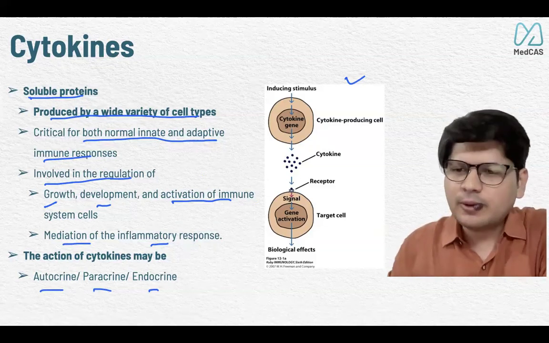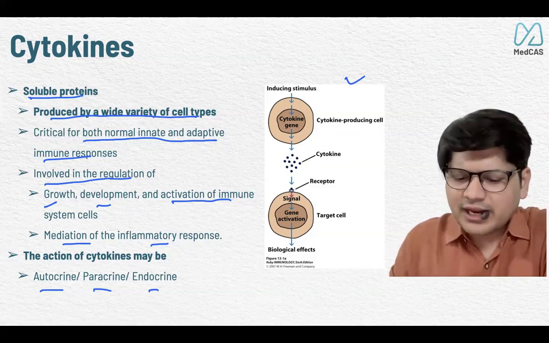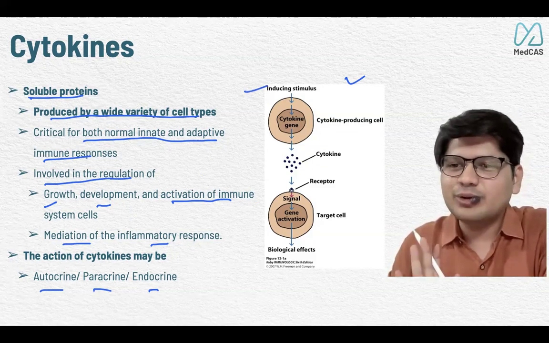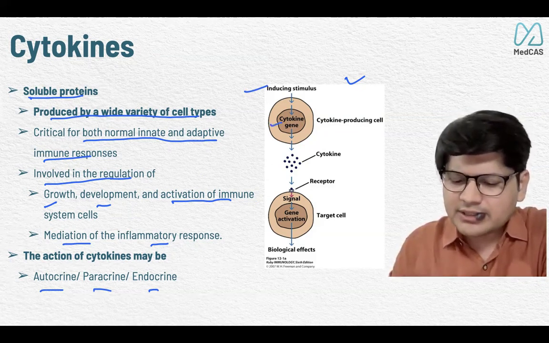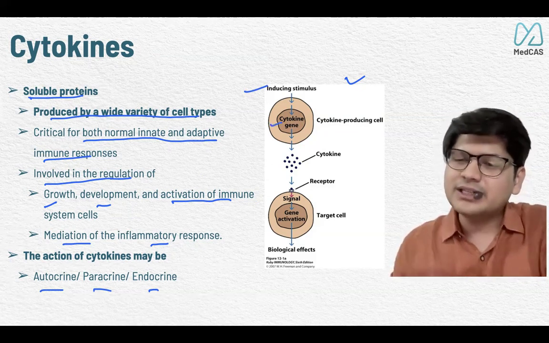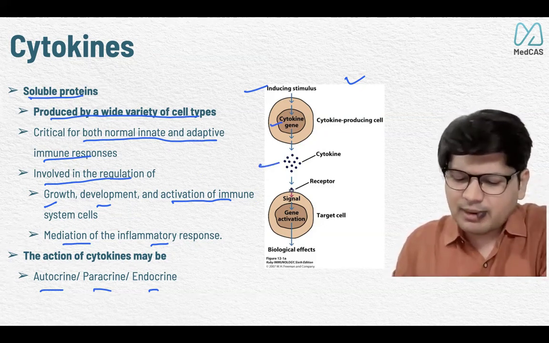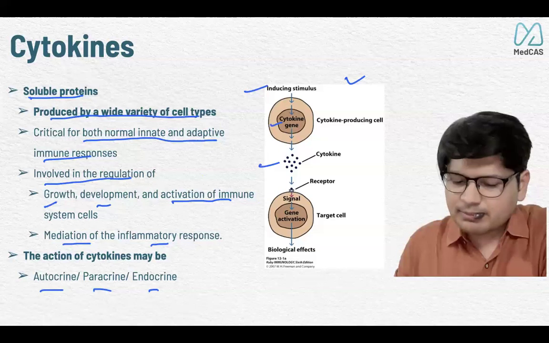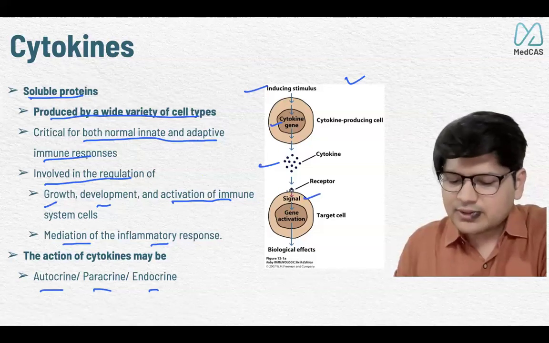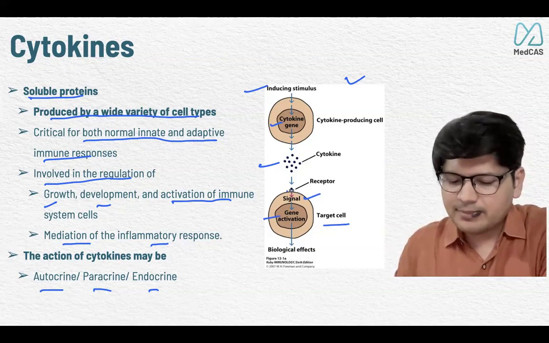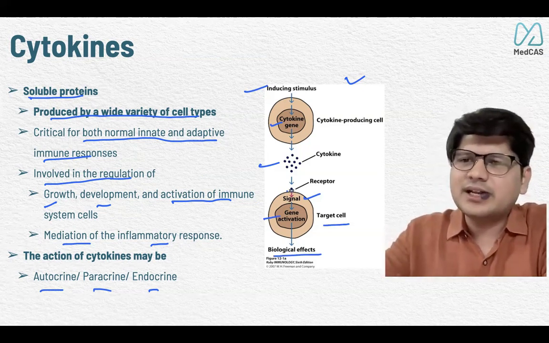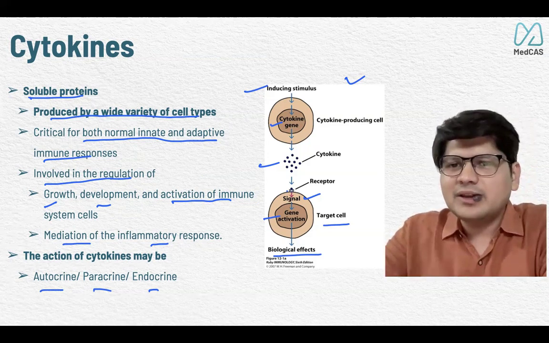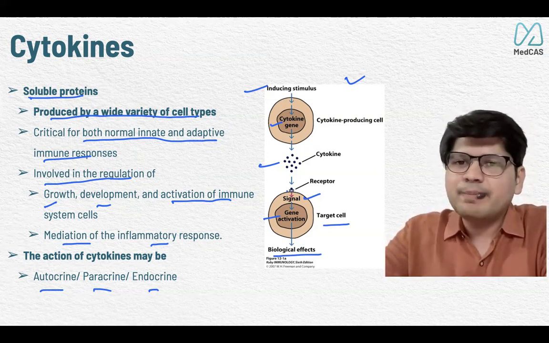So the basic role of cytokines is this: we had an inducing stimulus, the microbiome and whatever we say. It actually stimulated the cytokine gene production. Then we had TNF, IL-1, IL-6. These are cytokines. So cytokines came out of the cells. It worked on the receptor of that cytokine, again led to signal gene expression on the target cell, and we got the biologic effect like fever, like inflammation, like swelling, like pain. All these things are a result of cytokines.